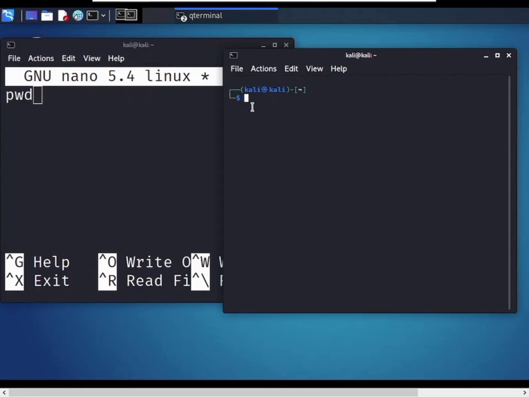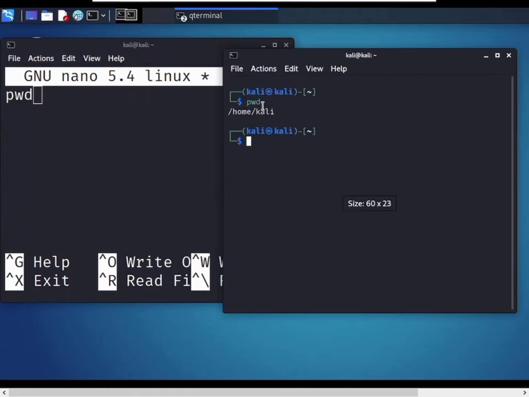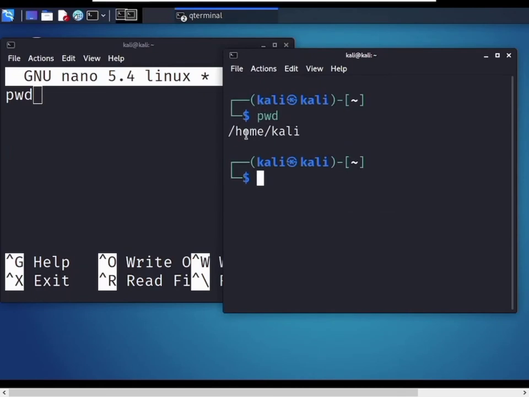So now you can use the pwd command. I am in the home directory in Kali. It shows you this.